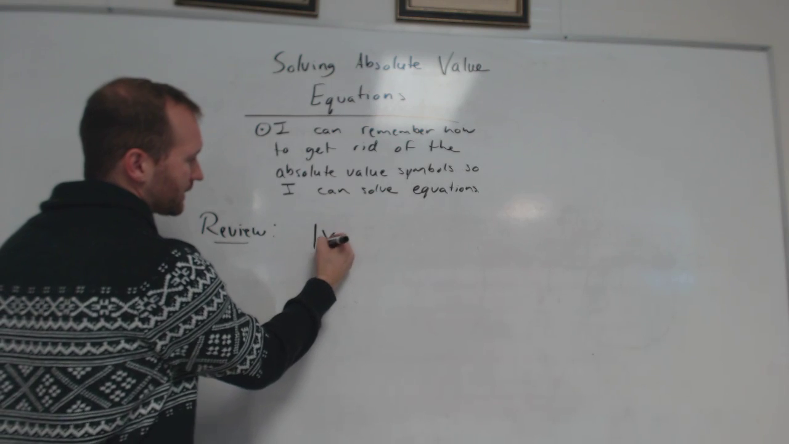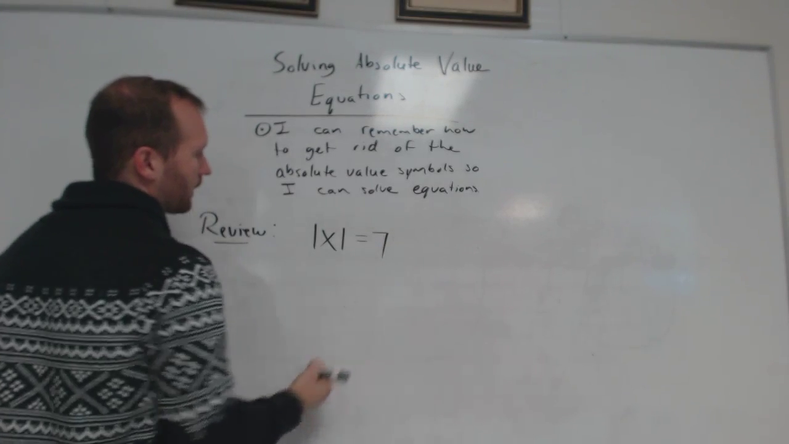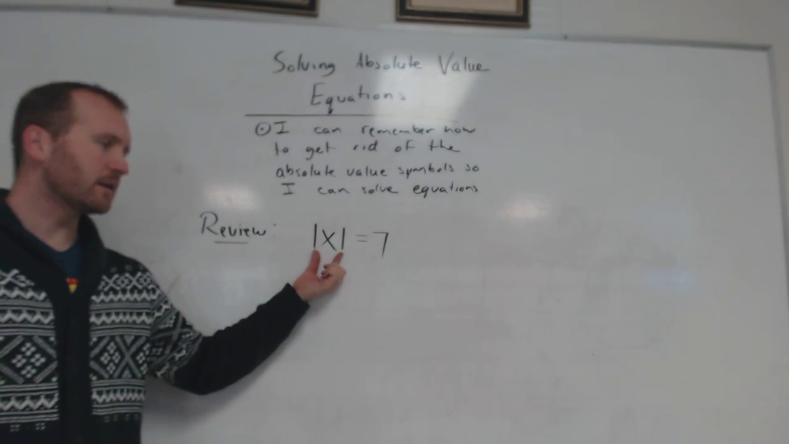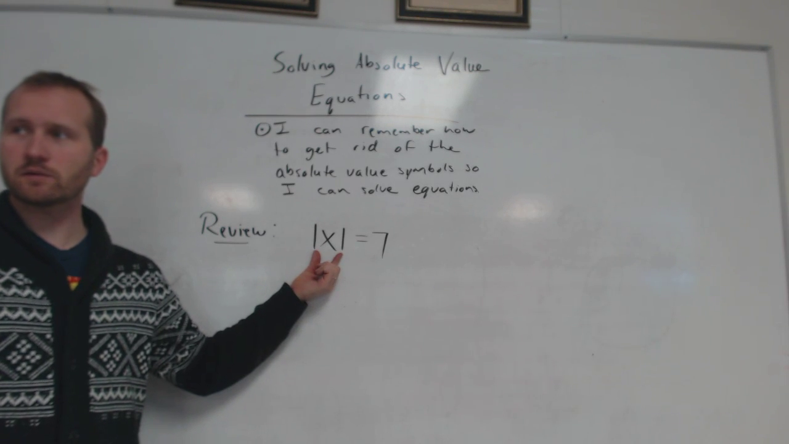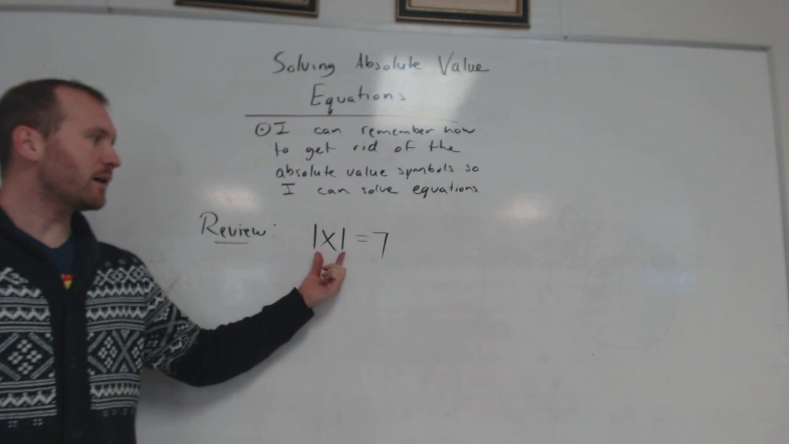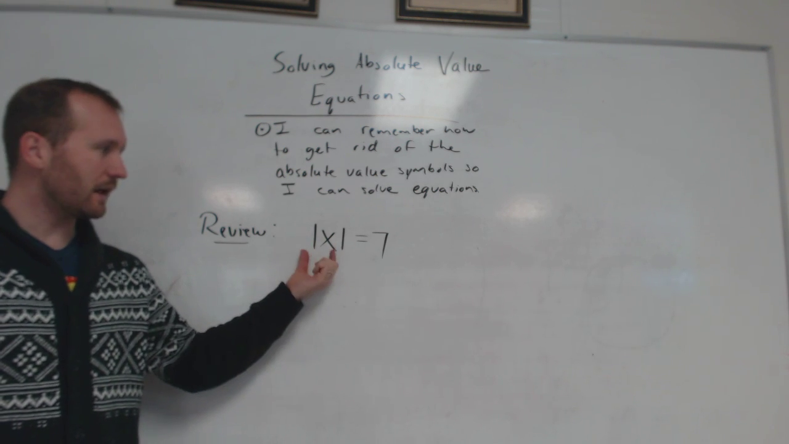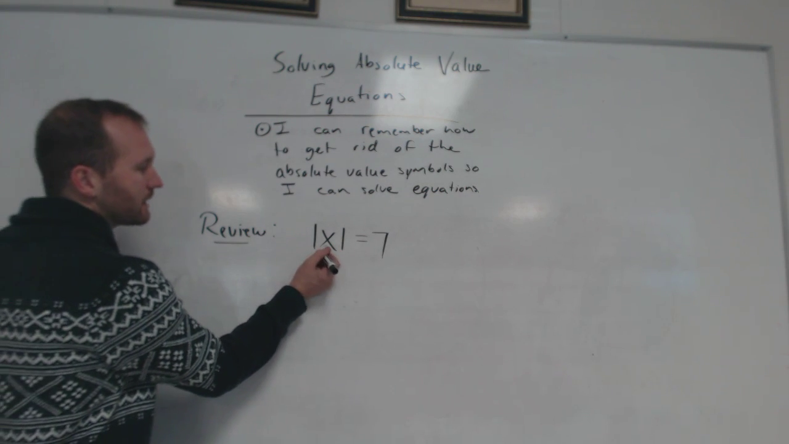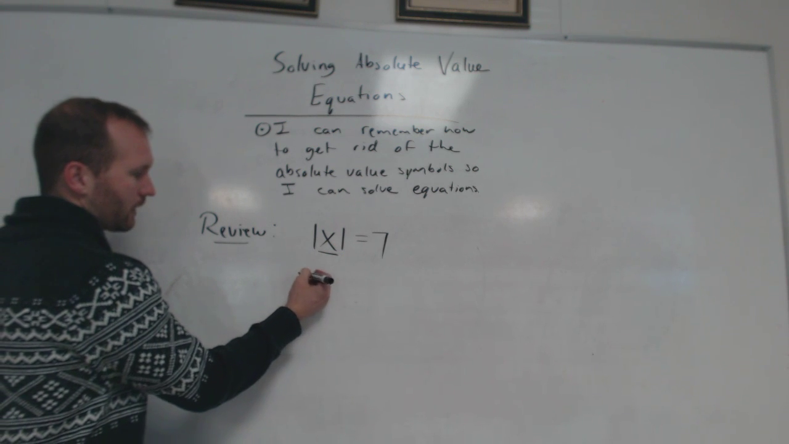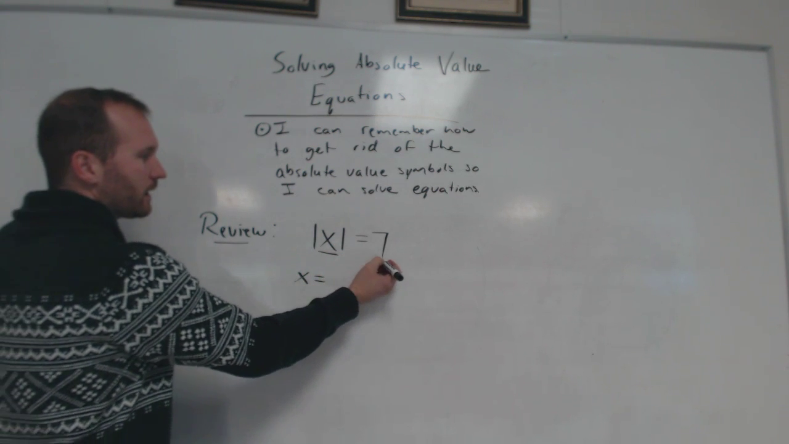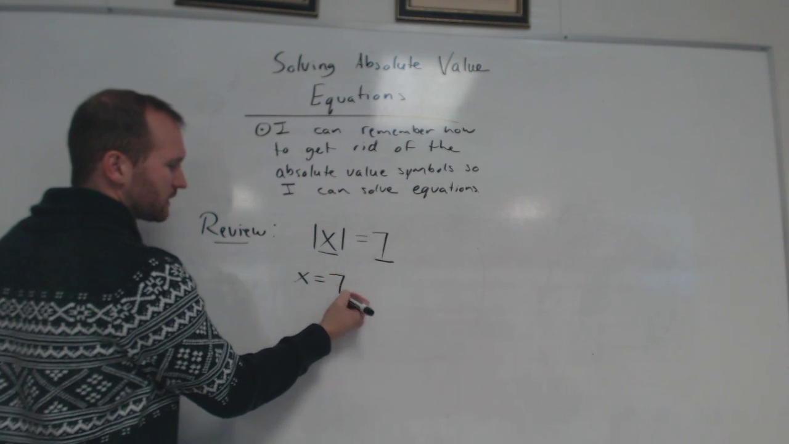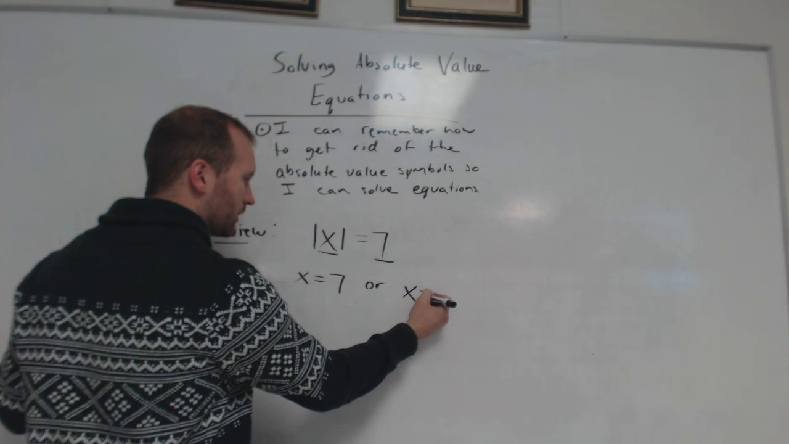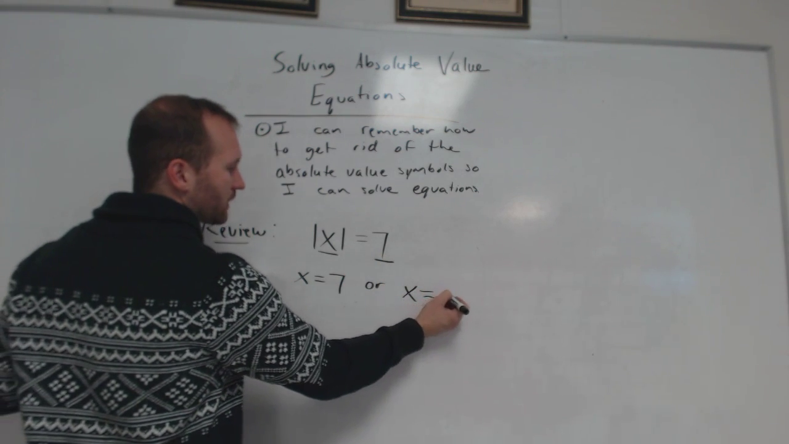If I have a very basic absolute value equation, the absolute value of x equals 7, how do I get rid of these absolute value symbols? I want x all alone on one side. I don't want the little absolute value things there. So all I have to do is take whatever is inside the absolute value, in this case it's just x, and I make it equal to the other side of the equation, in this case just 7, or